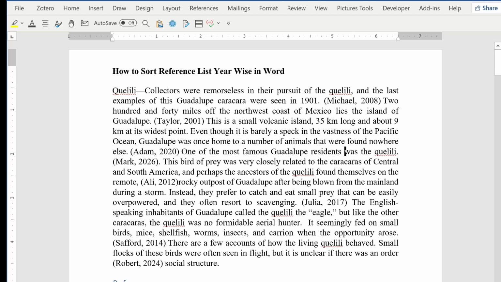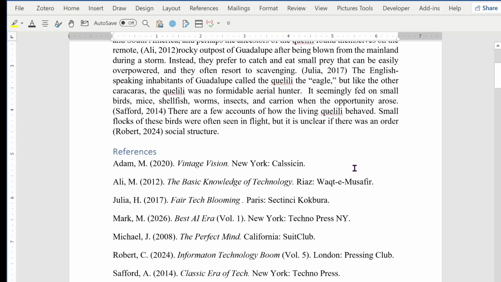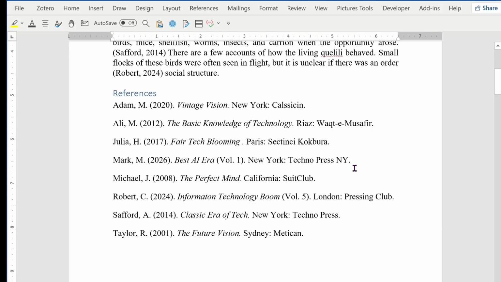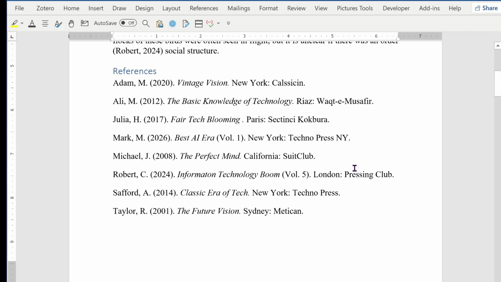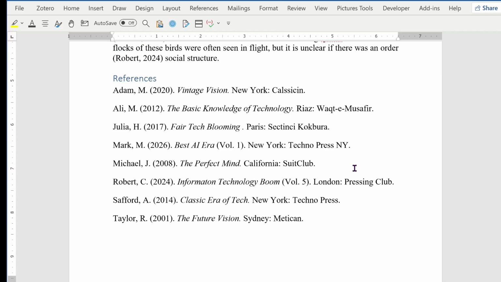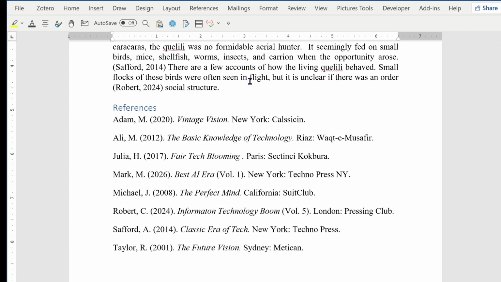Hi everyone, in this video I will show you how you can sort your reference list in Microsoft Word chronologically by the year instead of author's name. Standard sorting in Word only alphabetizes by the first letter of the author's name. But using Word's hidden field sort feature allows you to skip the author and group your reference by the publication date. So first you need to highlight your reference list